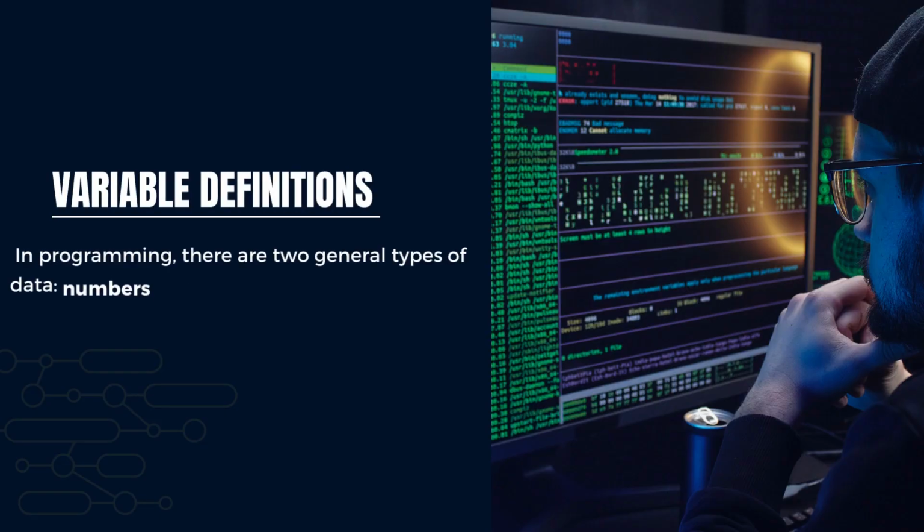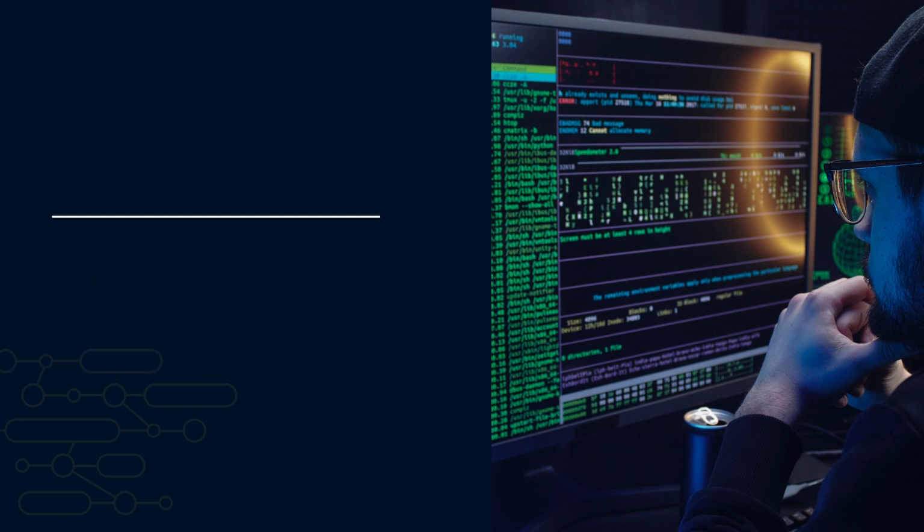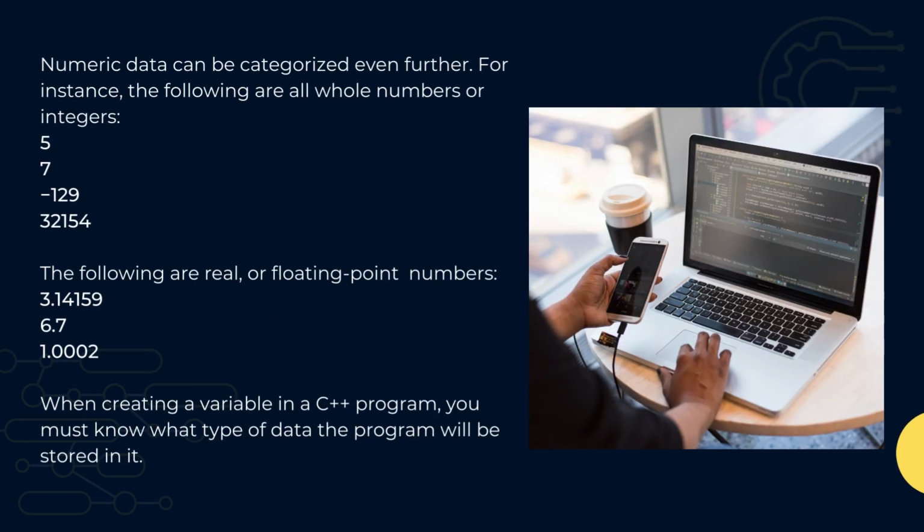Variable definitions. In programming, there are two general types of data: numbers and characters. Numbers are used for performing mathematical operations, and characters are used to print data on the screen or on paper. Numeric data can be categorized even further. For instance, the following are all whole numbers, or integers: 5, 7, 129,